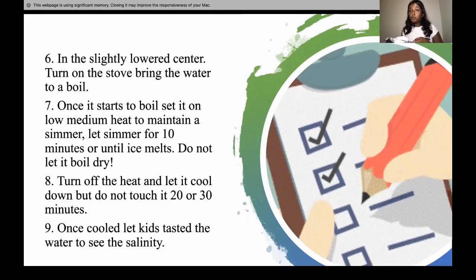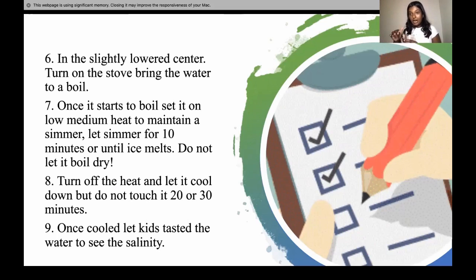And you're gonna make sure that the boil doesn't dry. So what that means is you're gonna make sure that none of the water that's evaporated or condensed or anything starts to sit back to the original position it was, okay? You're gonna turn it off. You're gonna let it cool. Make sure you don't touch it, okay? You're gonna pull off this, so the ice, right, and the tin foil, and you're gonna look at your cup.